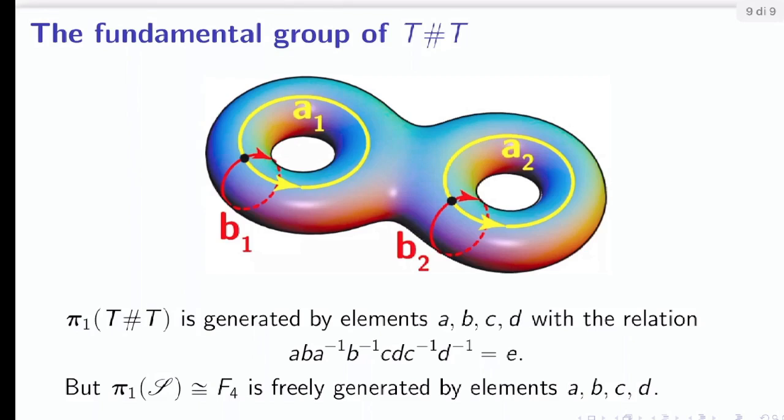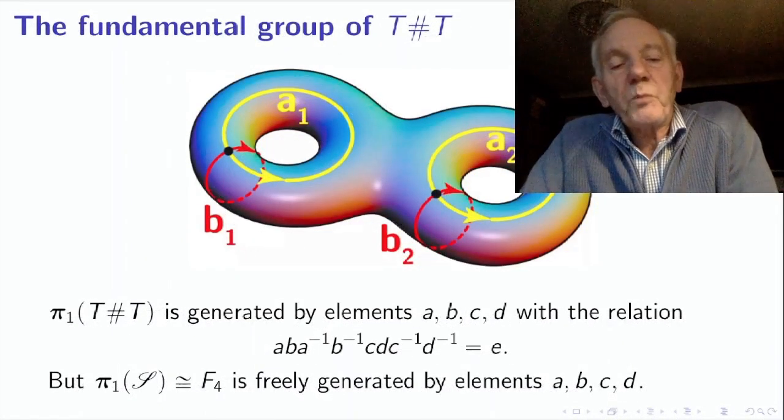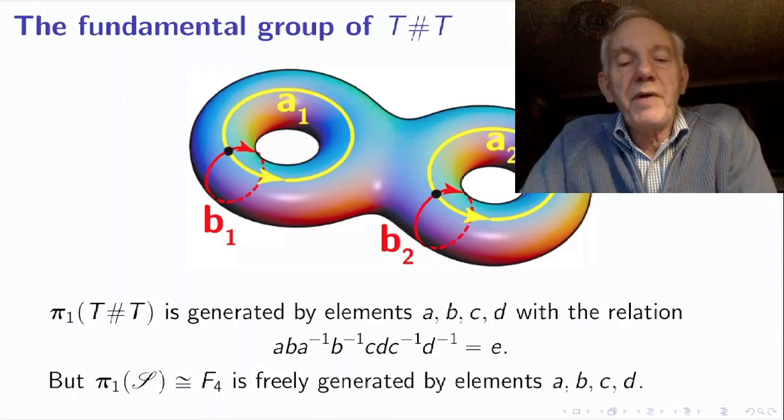Then you can try to move these closed curves, these loops as they're called, around the surface and see whether there are relations between them. What you discover is that if you take this combination on the third line, you start with A, and then you do B, and then you go backwards along A, and backwards along B, and then you move to